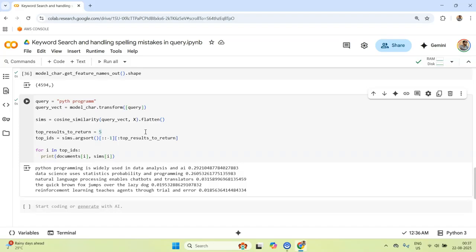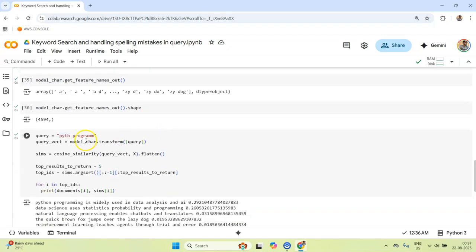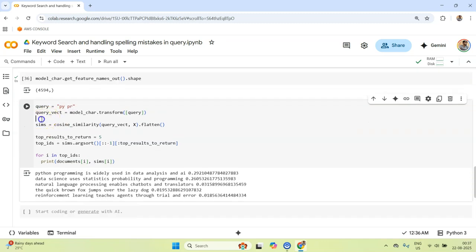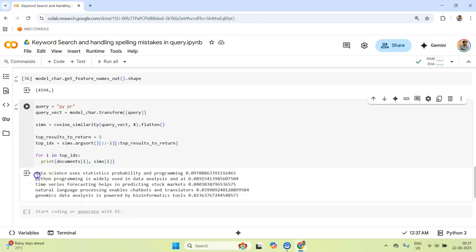So I hope it makes sense now, right? And we provided an n-gram range of 2. Now let me do something very wild. Let me remove pi and pr, and let's see what we get. Now you see, with pi, it is saying that this is the top relevant document.